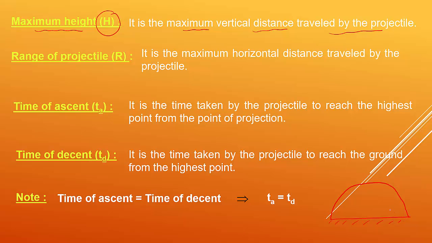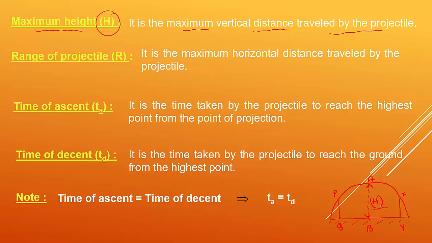So maximum height is what? The maximum vertical distance. This distance we can take as maximum height. Maximum height is the maximum vertical distance travelled by the projectile. Which is the maximum distance travelled by the projectile? This point A and B. Observe P and Q points here. This is the smallest vertical distance. You can take another points X and Y. This is also a small distance here. The vertical distance with maximum value gives maximum height. What is maximum height? It is the maximum vertical distance travelled by the projectile, and it